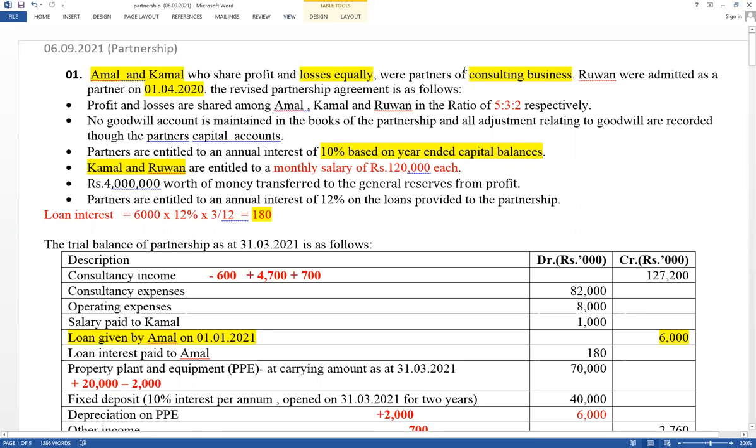But you have to know how to prepare the financial statement. That is incomplete records: information is not given clearly. By preparing ledger accounts, you have to find out information. By preparing debtor control accounts, credit sales can be calculated. By preparing creditor control accounts, credit purchases can be calculated. Like that, by preparing ledger accounts. Those are the incomplete records with partnerships.